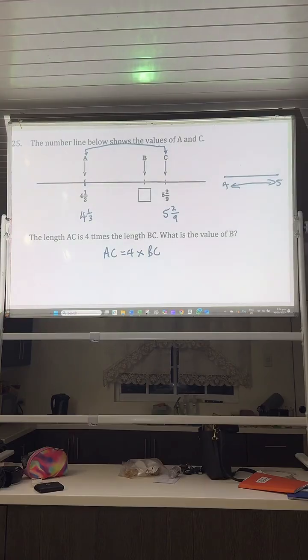It would be 5 minus 4, which is 1. That's if you're using normal numbers. So with fractions, if I want to find the length